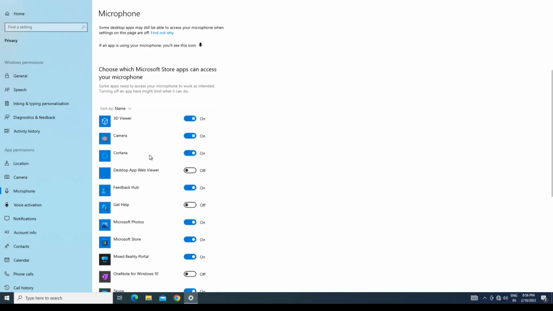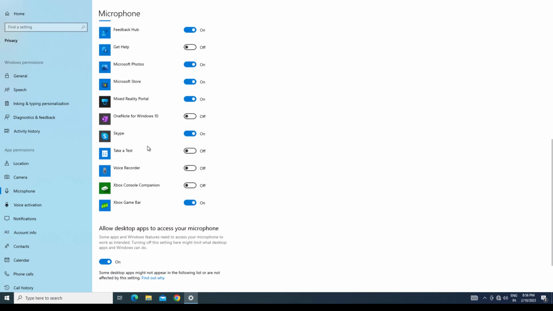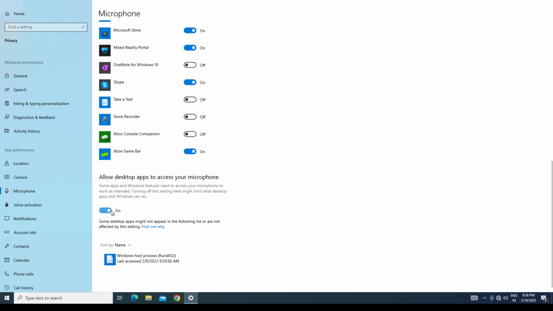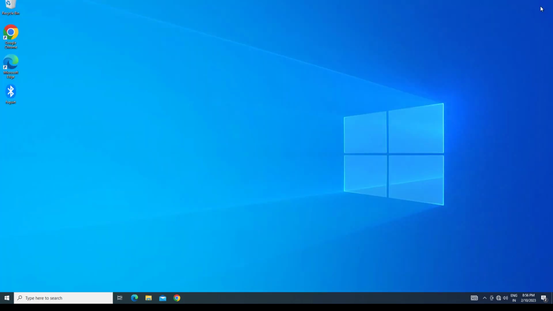Scroll down and check if your apps can access your microphone. Enable this so your desktop apps can access your microphone. Now your problem should be fixed. If that didn't work,